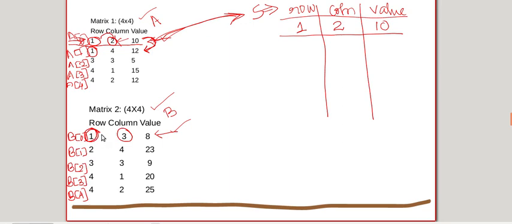If it is equal, you have to take the column value. Here the column value is 4 and here the column value is 3. Check which one is the lesser one. The lesser one is 3. You will have to copy that to your sum.